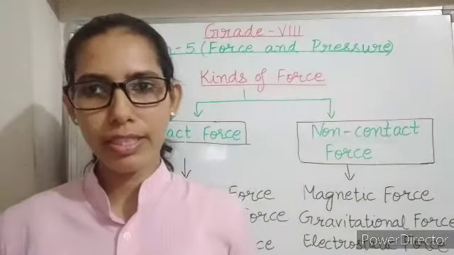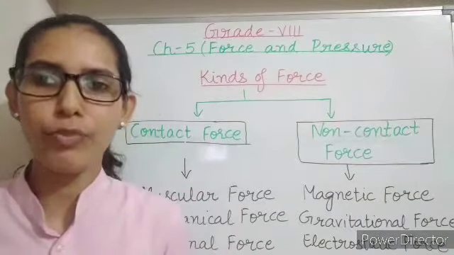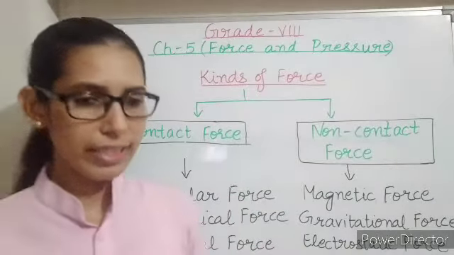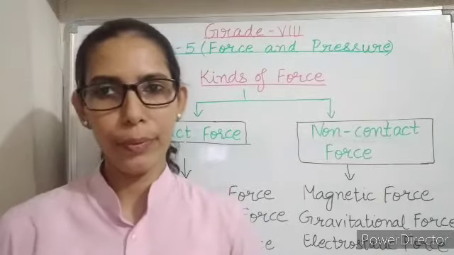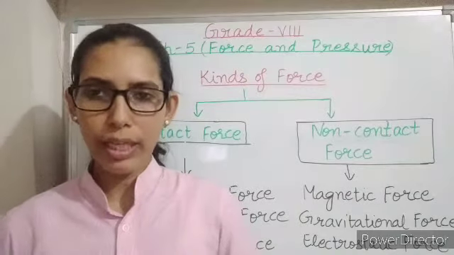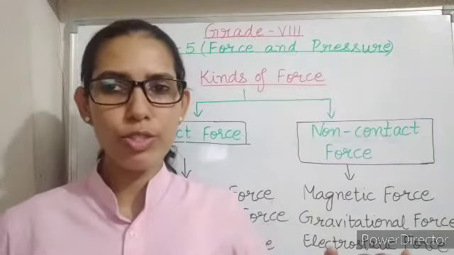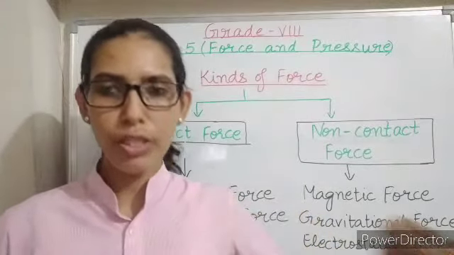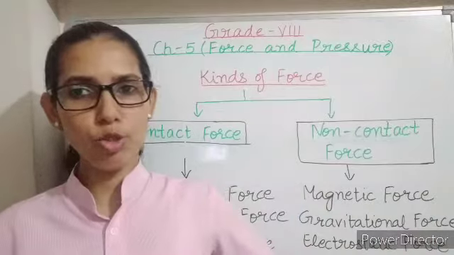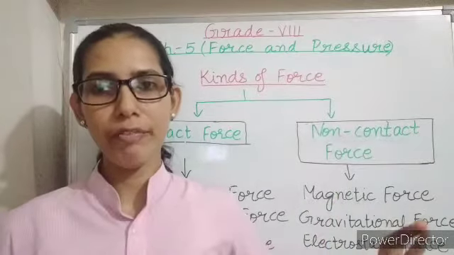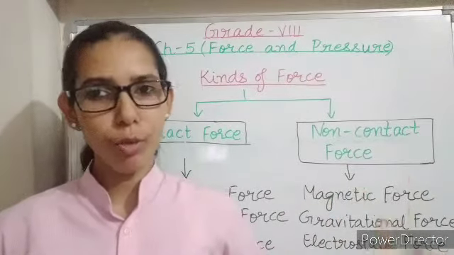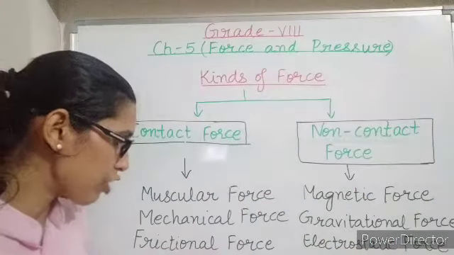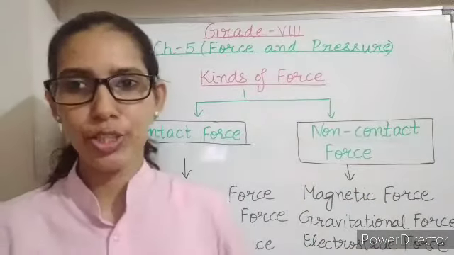We have studied this frictional force in chapter 6. What is frictional force? Let's say there is some ball rolling on the ground, and we know that after some time the ball will stop on its own. Who is stopping the ball? No one is stopping that ball, but even then, after some time, the ball will stop on its own. Why? Because of the frictional force, or we can say friction.